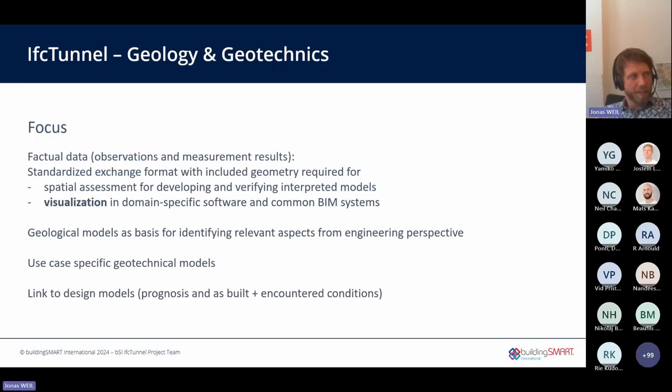So the focus for us, according to our requirement analysis, was a few points that you see here. We discussed whether factual data should be included or supported by IFC at all. Because there are existing standards, maybe it's not necessary to exchange them in IFC, because the question was whether it's really necessary to bring them into the common data environment of a huge infrastructure project.